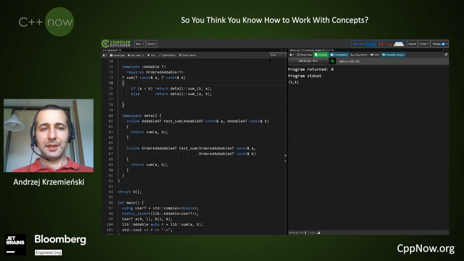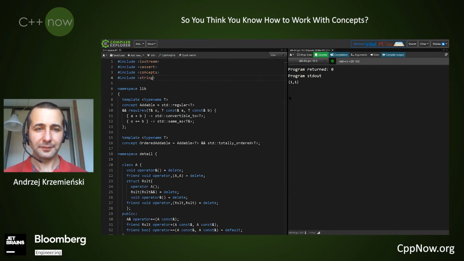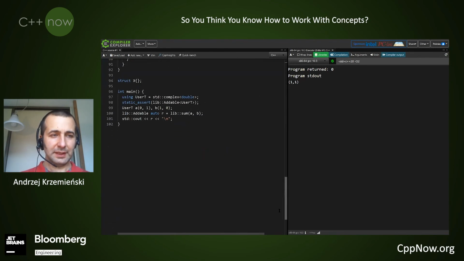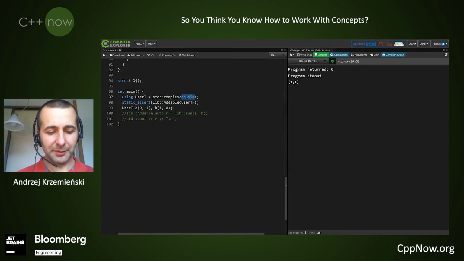So now back to the question we have. What about std::string? Suppose our user observes that plus and plus equals is something offered by strings and wants to use our clever sum algorithm with their string. Let's check, because this is what you should do actually at first. This is what the concepts give you. You can test if your type works with my library.